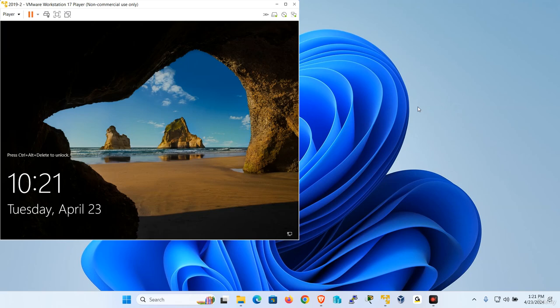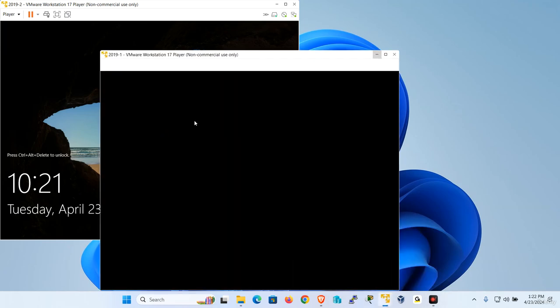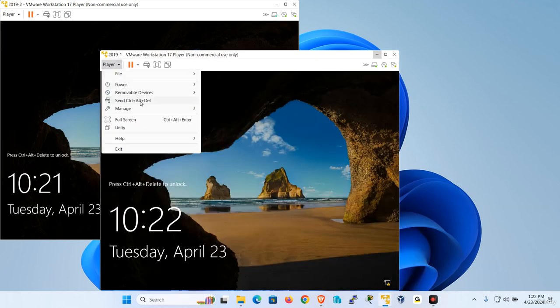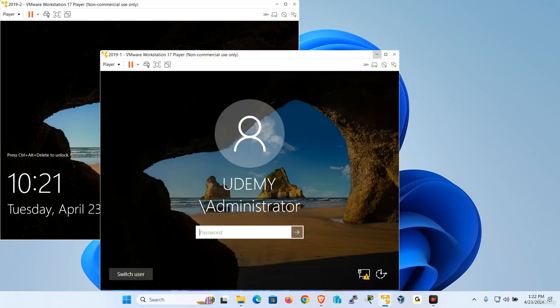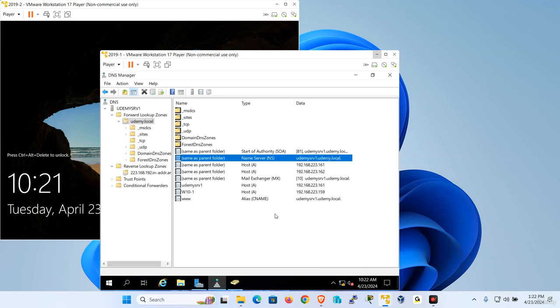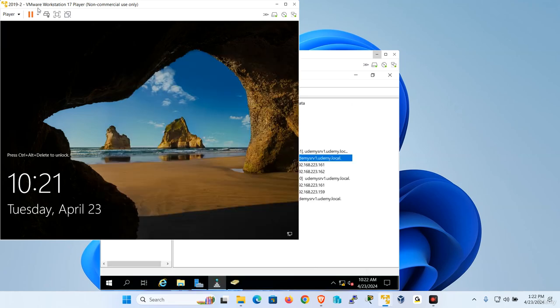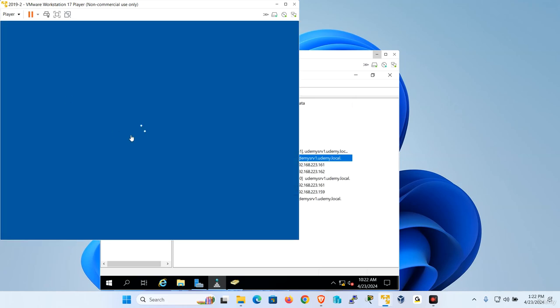This time we're going to be installing DNS on the second server. We need an additional DNS server for backup, for fault tolerance. So watch this. I have server one and server two up. Let me just log on to server one and show you. Right now I only have one DNS server, and I can tell by looking there's only one name server. Go back and log on to this machine